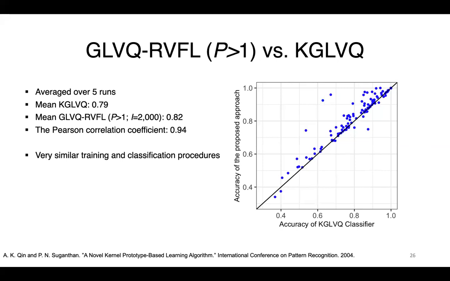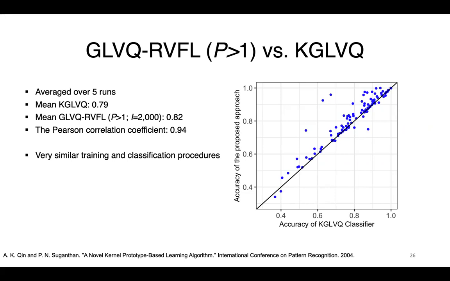The final experiment we conducted was to compare GLVQ-RVFL with kernelized GLVQ. The kernelized GLVQ adopts a similar classification strategy as compared to GLVQ-RVFL. It essentially projects the input features to some kernel space before learning prototypes in that space. Specifically, the classifier adopts the GLVQ learning rule, but with kernel distances instead of the squared Euclidean distance metric